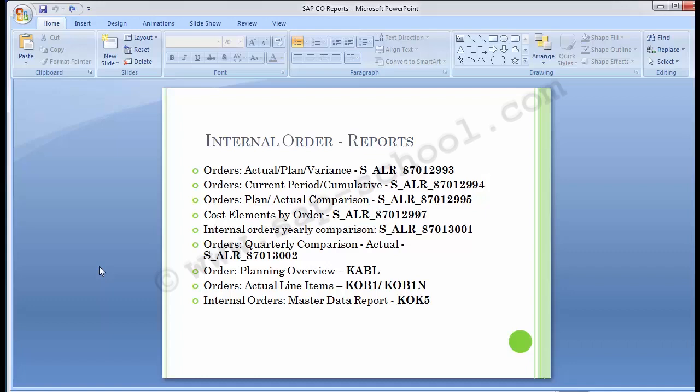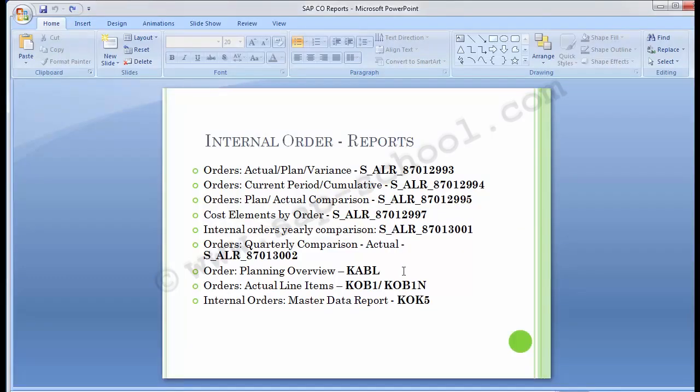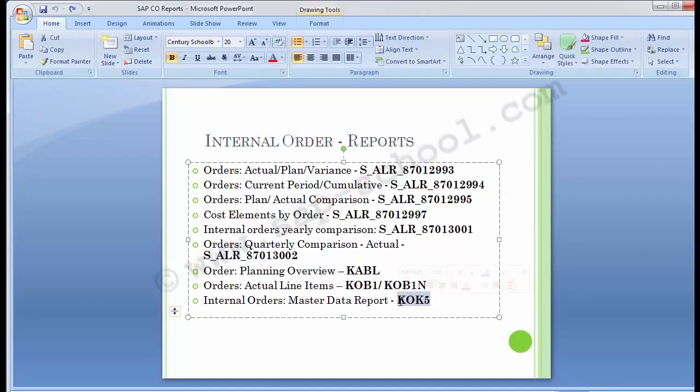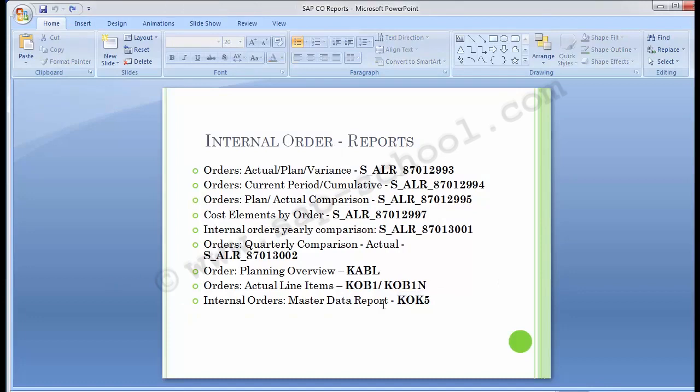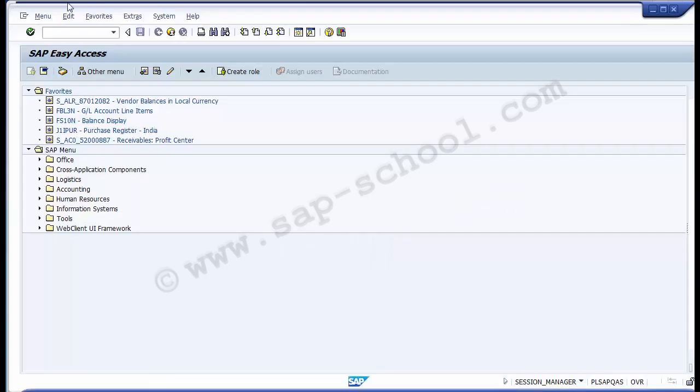Now moving up to the last report on internal order, that is the master data report. If you create any internal order, it is master data, and you want to see the master data details, that is, what is the name, who created this, when was this created, and in case you want the whole list of different internal orders, you can have that with this particular transaction KOK5. So executing the report